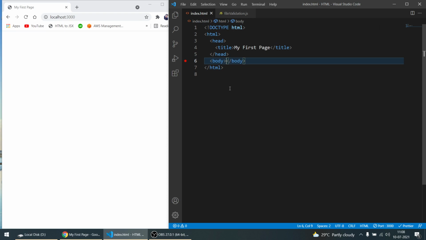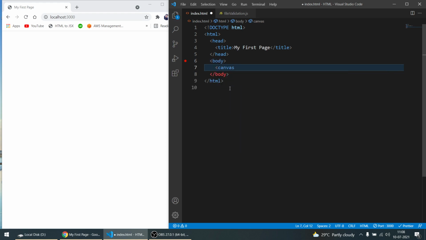Okay guys, now we'll see graphics in HTML. So the first graphics we'll see is canvas. Canvas is used with JavaScript. I mean, you can't control canvas without JavaScript. There is no way. But still I'm showing you how to use canvas.